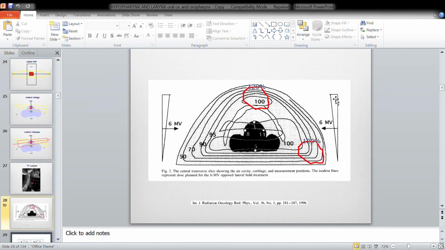And sometimes they put the wedges here, and sometimes they don't put the wedges. The idea of using a wedge is clearly because of the slope of the neck, where the wedges act as a compensator to compensate for the difference between the SSD here and the SSD here. Usually the exam question will say, this is a very nice plan with 95% dose coverage, but we found a 120% hotspot at this corner, and then they will ask you,